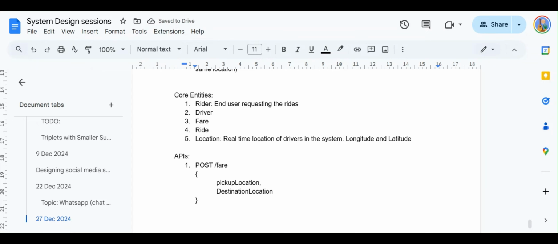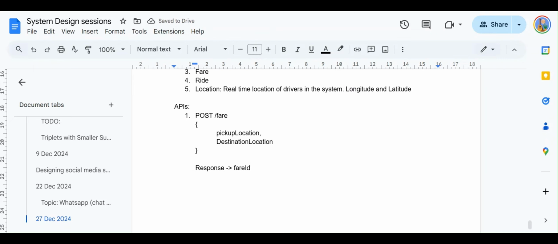What's the response going to be? This is going to return us a fare ID. The response is basically going to be a fare ID, which is a unique object representing this fare for a given pickup location and destination. This is also going to contain the details, like what's the estimated fare.